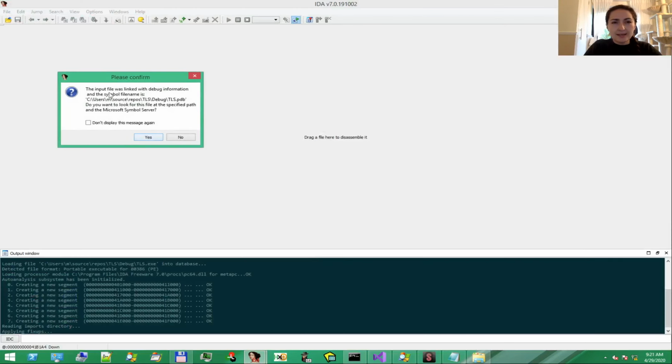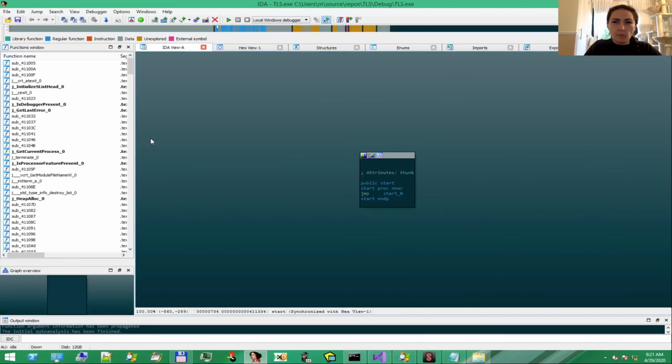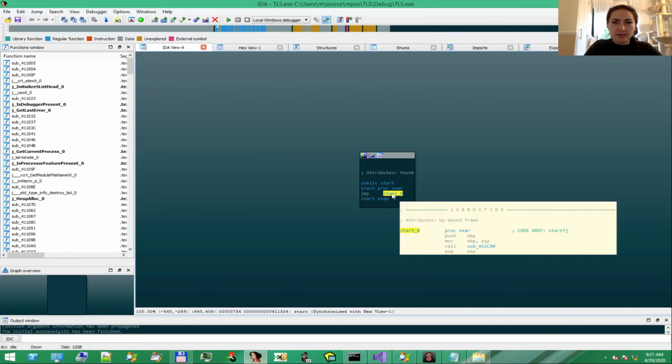It tells us that the application has debugging symbols and wants to load the corresponding PDB file. Yes, we do. IDA Pro shows us first the start function, and rightly so because it's the entry point of the application.